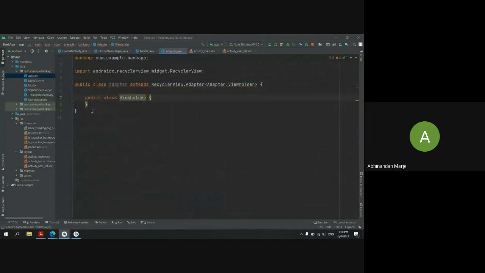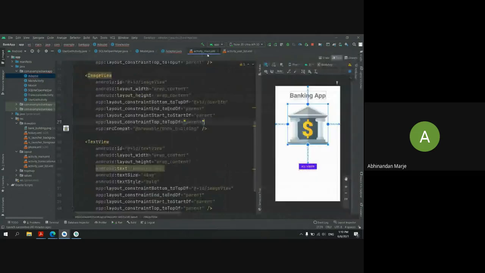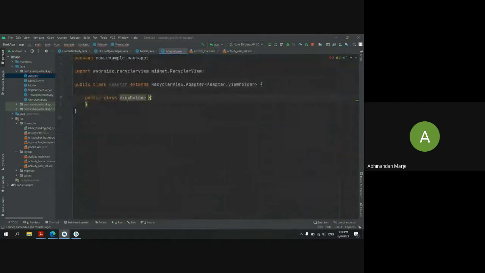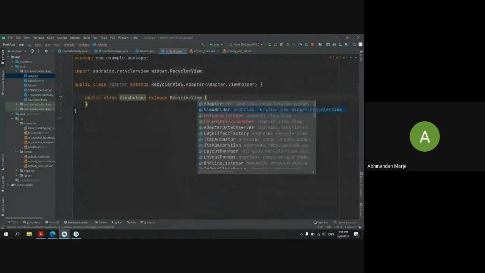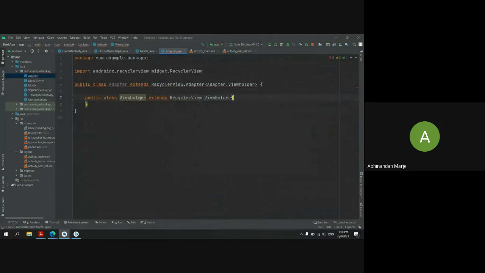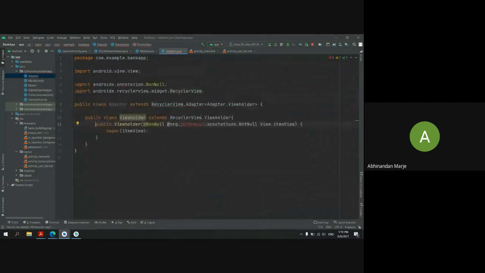This is our view holder class. In this view holder, we will read all the data from our XML file. Okay, like if you want to extract this ID from here, then we will do it in our view holder class, and I will extend it to the recycler view dot view holder. Okay, now still I'm getting the red lines, meaning I'm still missing something. Then what you can do is go to your red bulb icon, and it will just create a super class for you. Yes, now my view holder is created correctly.